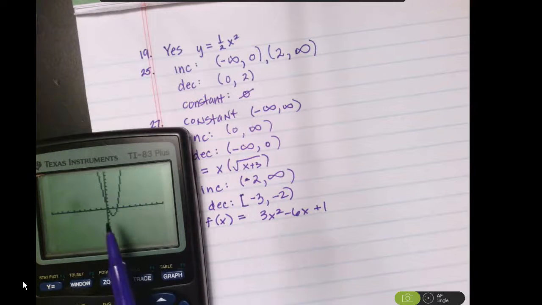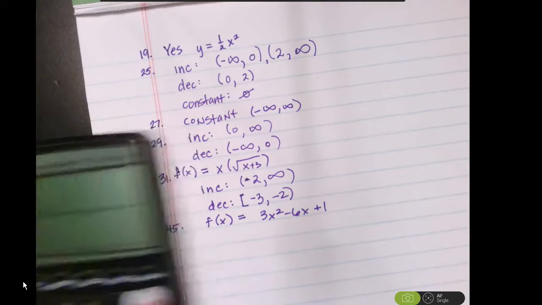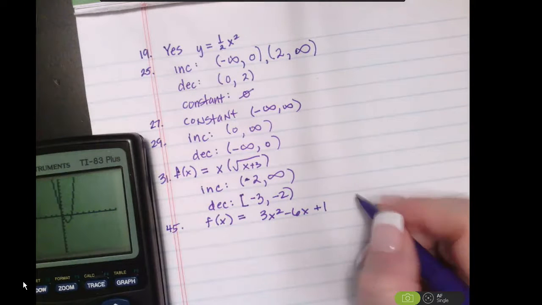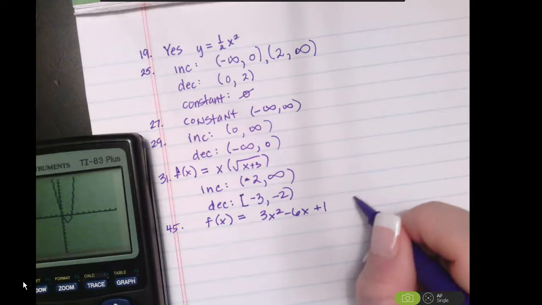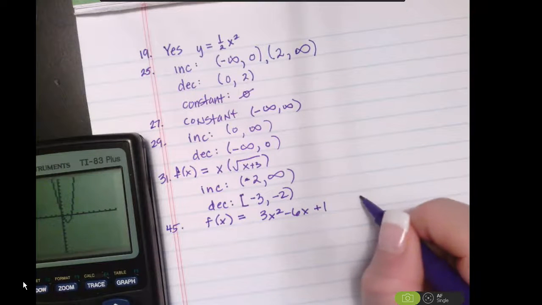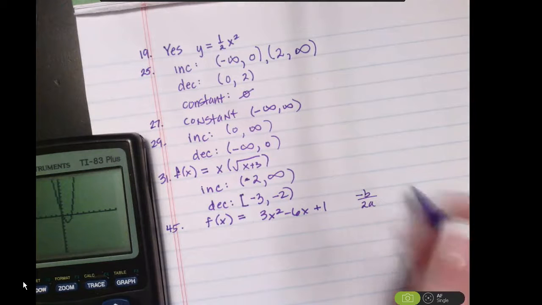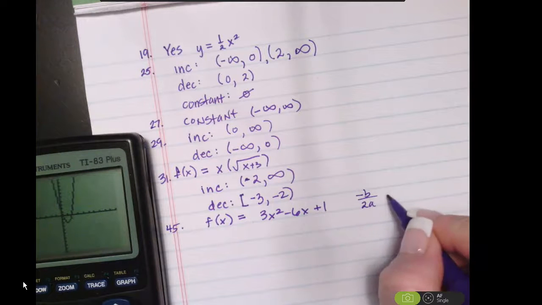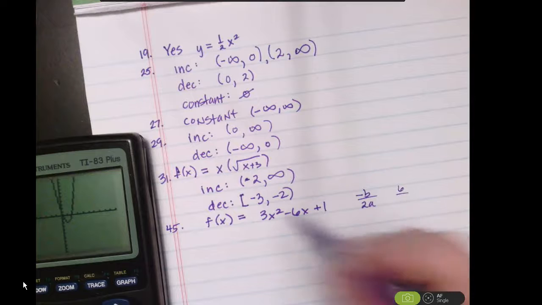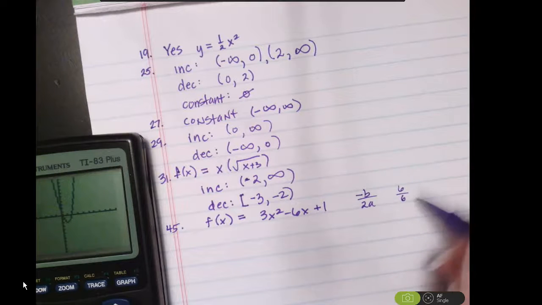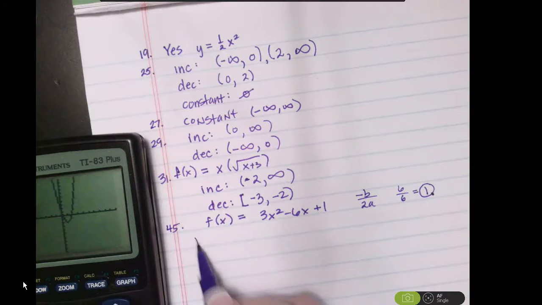So I can see my vertex happens at x equals 1, but drawing on some previous knowledge, I know that I can find the x value of my vertex if I remember negative b over 2a. So b being my middle term, negative 6 makes it positive 6, 2 times 3 is 6, so I'm expecting that vertex to happen at x equals 1. So it's going to be a relative minimum,